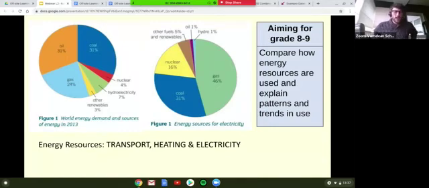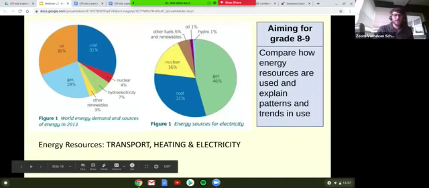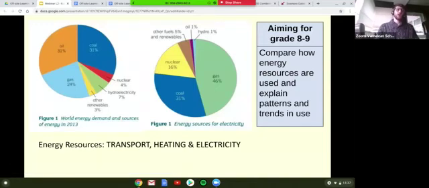As I said to you earlier in our presentation, we use energy resources for transport, for heating, and for electricity. Now, in a question, they could ask you how much of the coal is being used for transport. In this answer, you would be thinking, okay, there's 31% of the world demand sources of energy being coal. We've also got that 31% of our source of electricity comes from coal. So we can assume that perhaps they've used the same amount. Although,